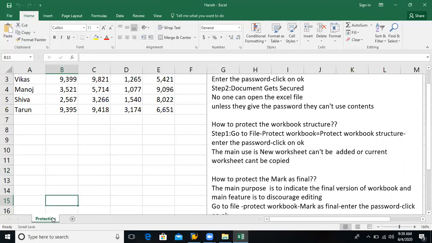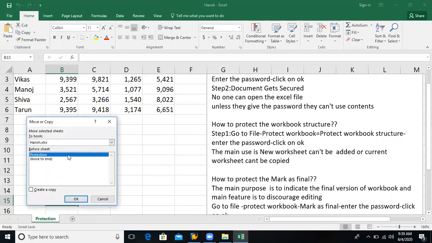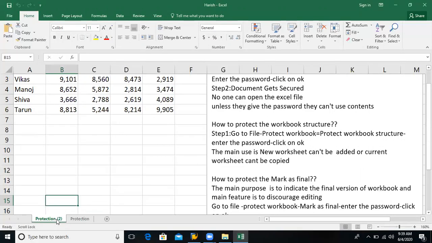Right click on that particular sheet name, choose Move or Copy, and I am creating one more duplicate. Click on OK. So now there are Protection and Protection 2. The same sheet we have copied.